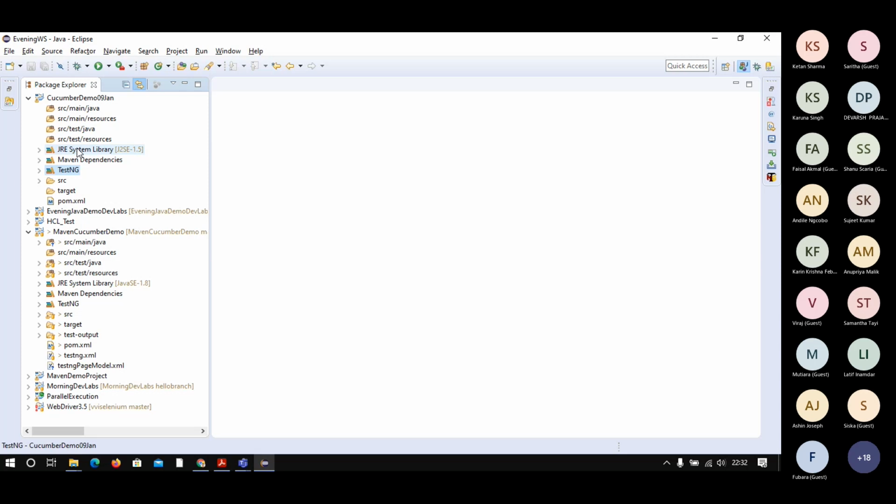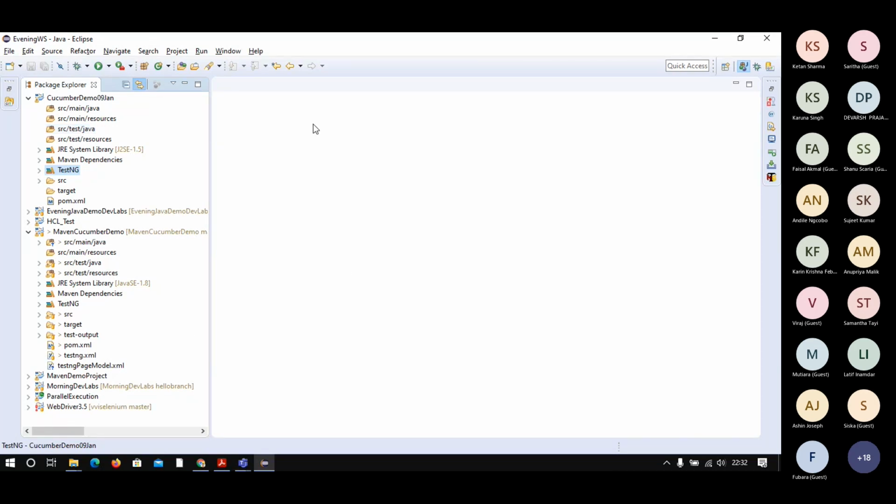Now I will show you a sample of a Cucumber format file, like a feature file, and then you will try to understand the format here and how to create the feature file. The advantage of a Cucumber feature file is that it is very easy: plain English language, easy to understand, easy to write. You just have to learn a couple of syntax, which are called Cucumber keywords, and then you can start